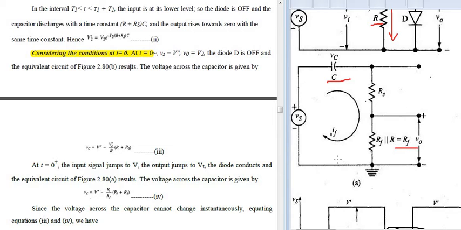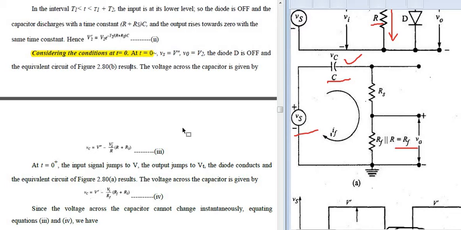Because the diode is in the forward bias, your current is forward conducting. So that's the reason I is equal to V by R. V is nothing but the positive edge. We got the output as V1. So your forward resistance will be considered. So your output will be V1 divided by RF into RF plus Rs, forward resistance plus your source resistance. Right? So the total voltage across this particular capacitor can be given as V1 minus, V1 is nothing but your source voltage that is coming. Okay. So V1 minus V1 divided by RF into RF plus Rs.